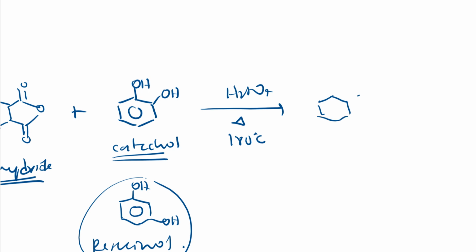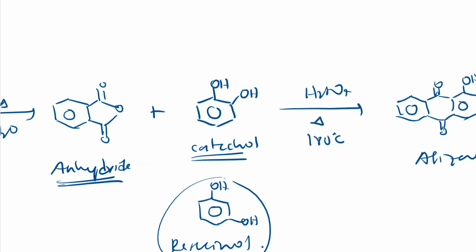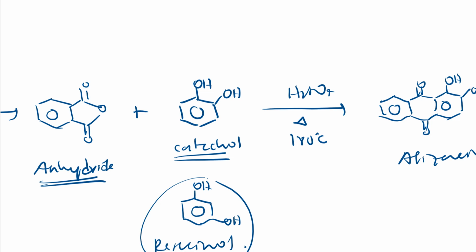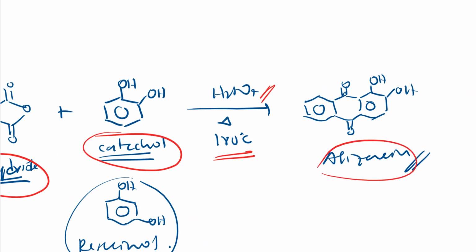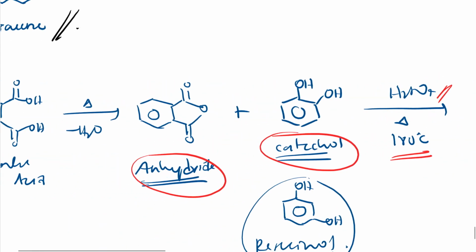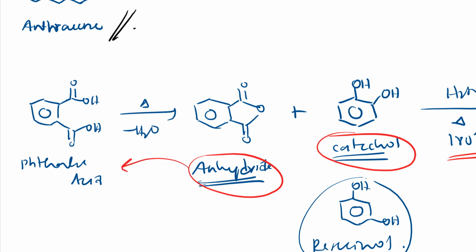Now you should be familiar with this structure, alizarin. So benzene ring, double bond O, OH here and OH here. So this is my alizarin. So this is the second method to synthesize alizarin. It is simple, no? From this phthalic anhydride. If I start with phthalic anhydride, add catechol in the presence of H2SO4, and heat at 180 degrees Celsius, I will get this alizarin. So this is also an easy method. You may ask how we got this phthalic anhydride. So I got this phthalic anhydride from phthalic acid.